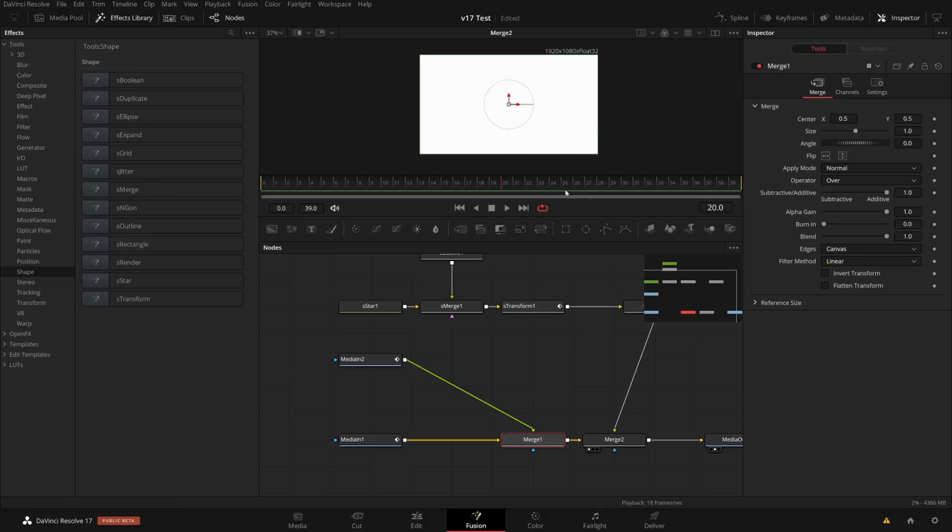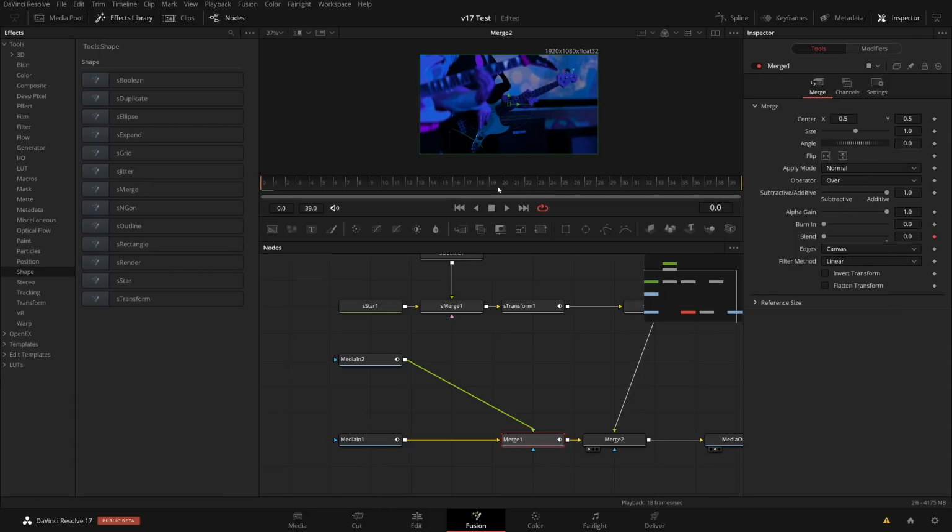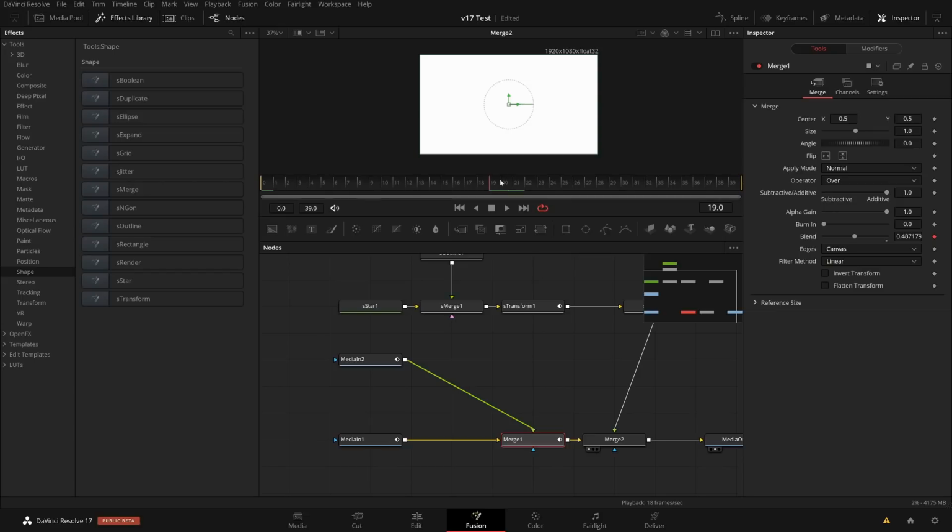Now let me switch the merge in this point just by using the blend value. So we want to merge from the old to the new picture. So I need to animate the blend. And let's use this one more time, modify with this curves modifier. And let's say in the middle where the star is here, we want to switch the blend value from 1 to 0 to just switch the two image sources.